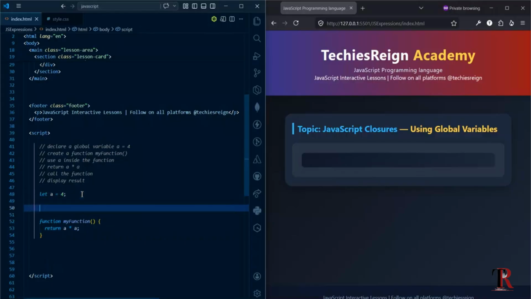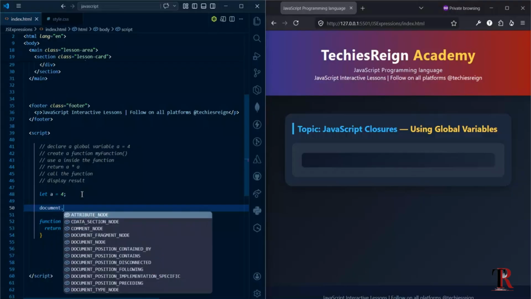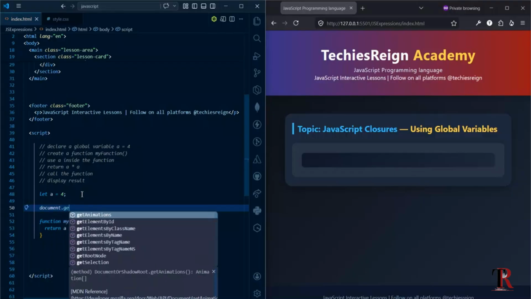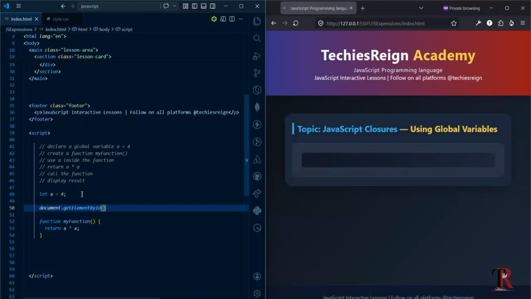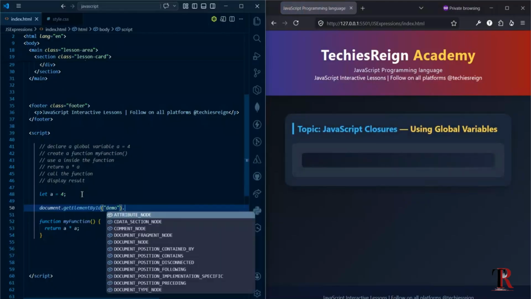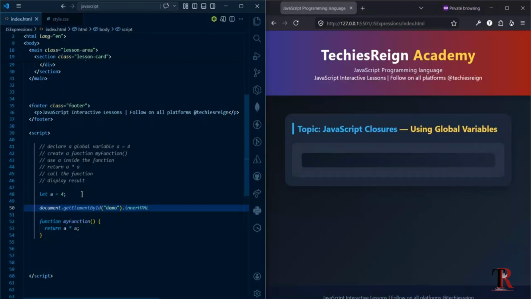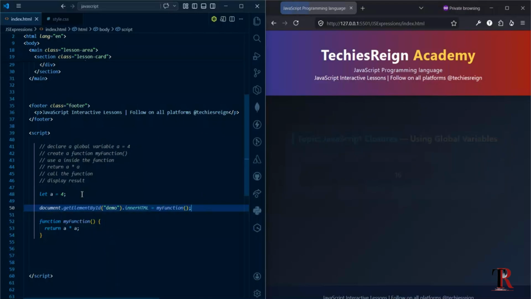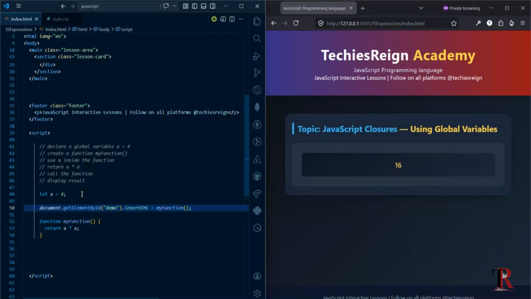So now that I have this global variable, I need to call the function. And how do I call the function? I want to use document.getElementById. So I'll call the function this way, my function. Now let's see what happens. I can see 16 on the screen. So just like that, I have been able to use my function to access the global variable that is outside